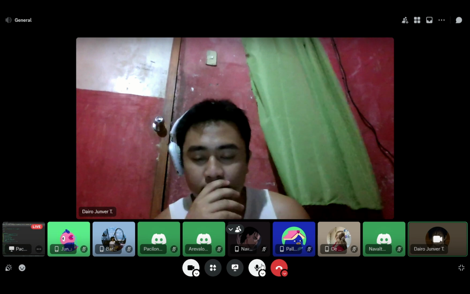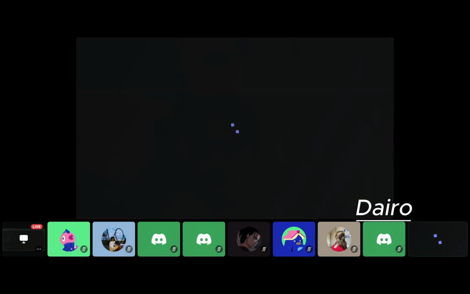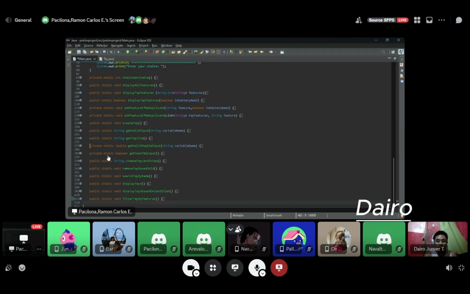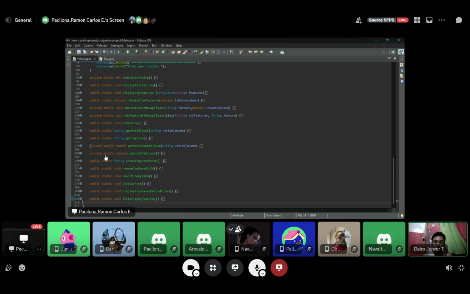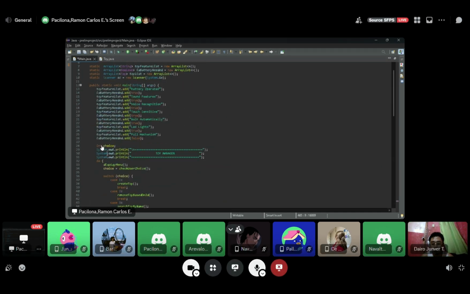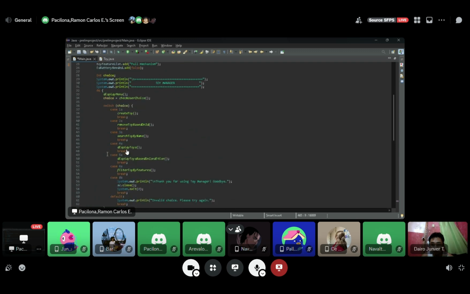Thank you for the introduction. So let's go to the code. First, my role is to check error handling and debugging. First, go to the default case, where the error checking is to notify the user. If the user enters letters or some characters, it will notify the user with an invalid choice message. Please try again, here in the default.